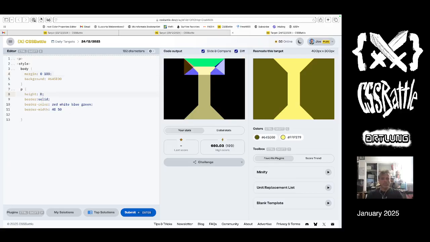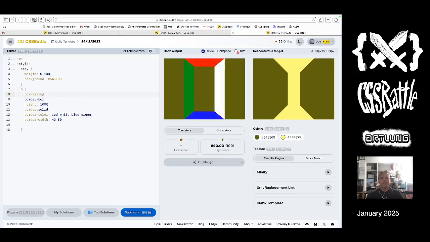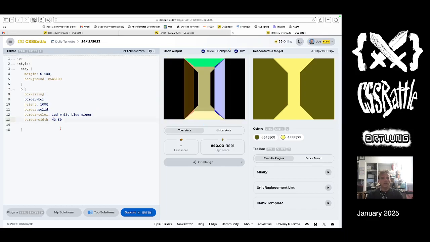Now the trick with the numbers here, what if we just do 100%? And well, I'm also going to do a border while I'm doing it. Border box or box sizing. That's what I mean. Box sizing, border box, and that gives me what I want. So what widths do we need here? 40. 50, 60, 70, and then 70. Oh, 70? Is that going to work? Well, that's bonkers. So that means that 70 pixels solid